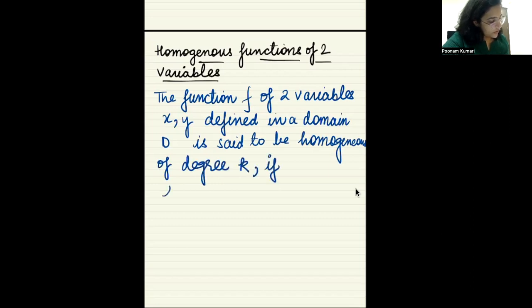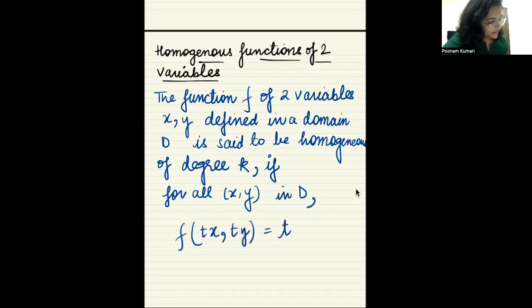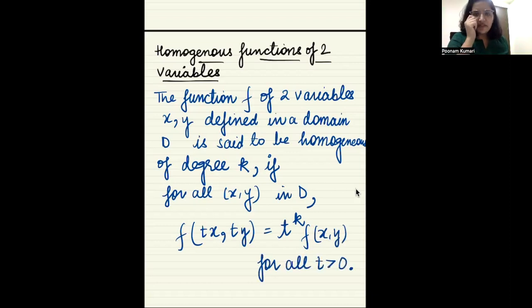if for all x comma y in the domain, if I take t times x and t times y, I have t to the power k times f of x comma y, for all t greater than 0. So this is the definition of a homogeneous function. A function of two variables x and y, defined in the domain that we have, is called a homogeneous function of degree k